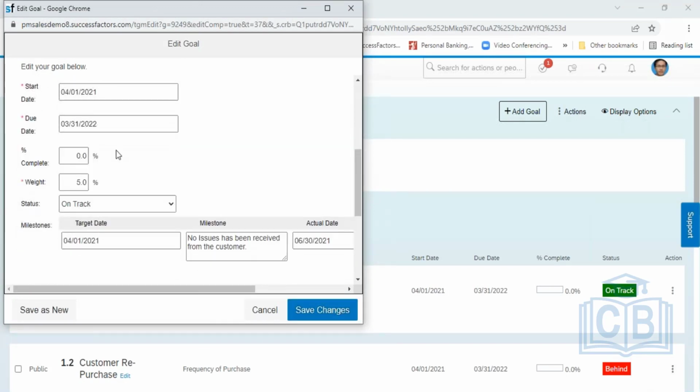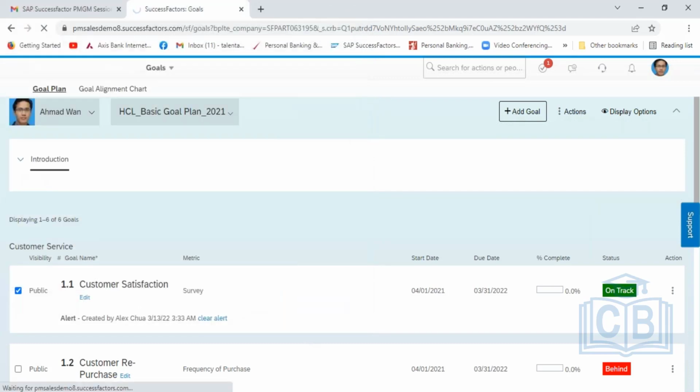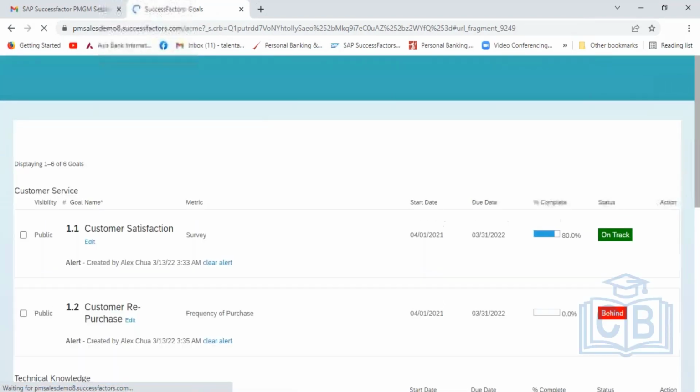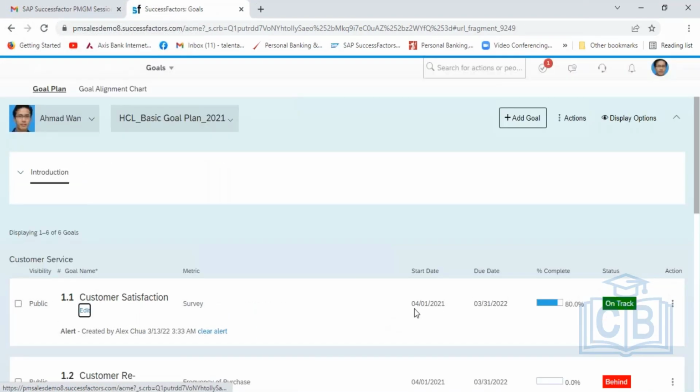Let me take this as 80%. Okay, now it is showing as 80%. Okay, now what I will do, I will select this goal,